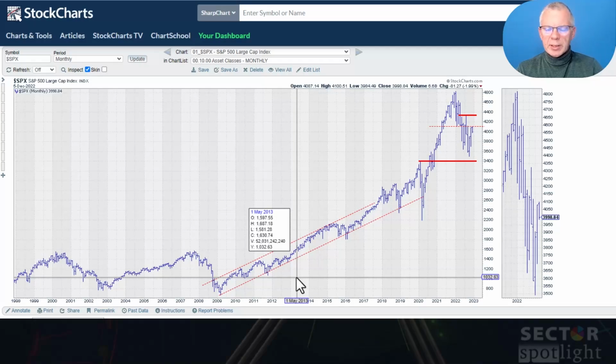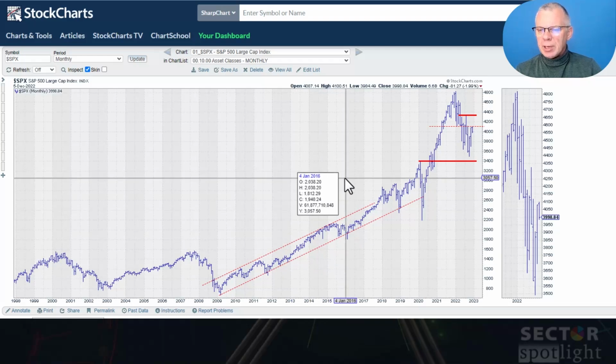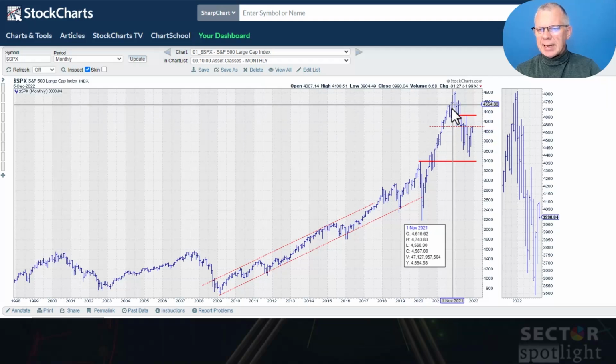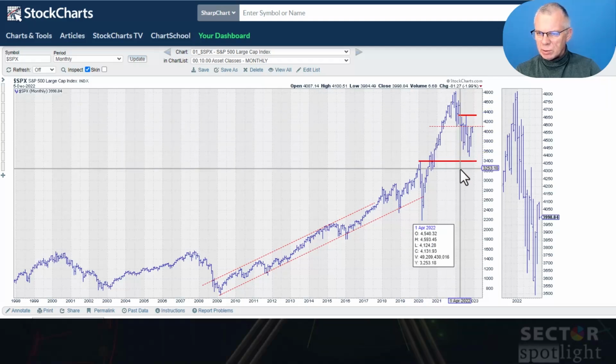Here we go with the monthly charts for asset classes, and let's start right away with the most important asset class, at least for most stock investors, and that's equities. That's the S&P 500. If we look at that monthly chart, then we have to conclude that the downtrend is still in play, still intact. That series of lower highs and lower lows on a monthly basis is still there.